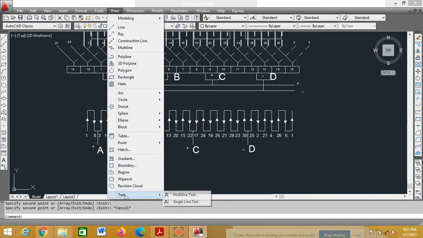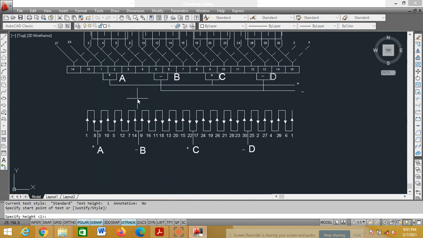Go draw text, single line text. Height you can select as 2, enter, 0, enter.